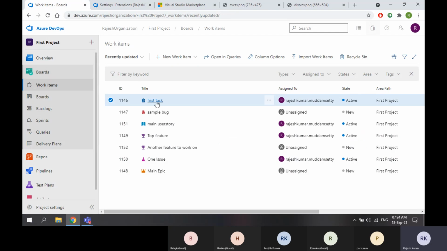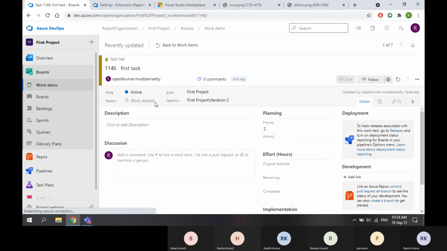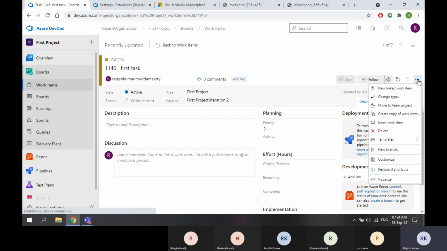If I go to any work item, here I have more options within the work item. You can see the last option showing visualize. Before this extension, this option was not there. I got this option only after installing this. Just a second.